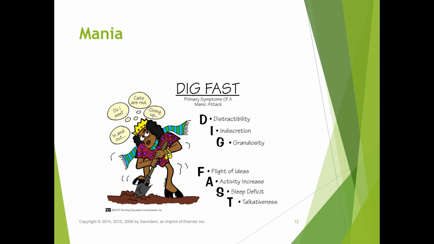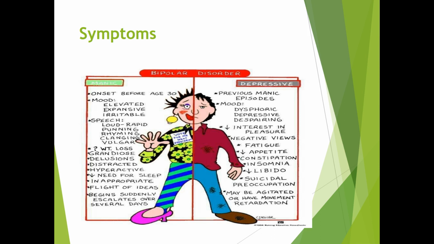That's the dig part, and then the fast is flight of ideas, activity increase, sleep deficit, and talkativeness. So just a little way to remember some of the signs and symptoms. And again, another little cartoon that I found just basically shows the manic and the depressive side of the same person. So again, goes through mood, speech, different types of behaviors, decreased need for sleep, things like that, and then the depressive episode, which we haven't really talked much about the depressive signs and symptoms yet, but this basically gives you a kind of a nice outline of some of the main signs and symptoms in